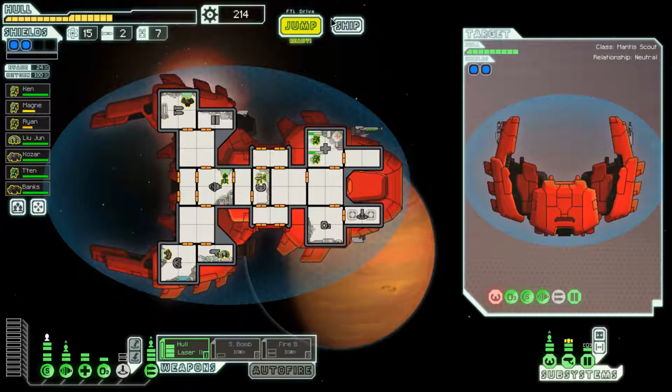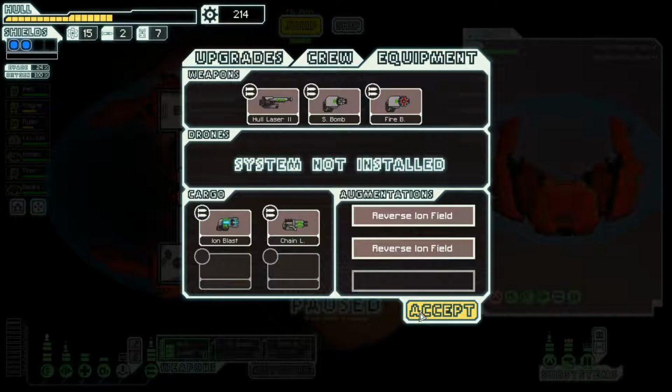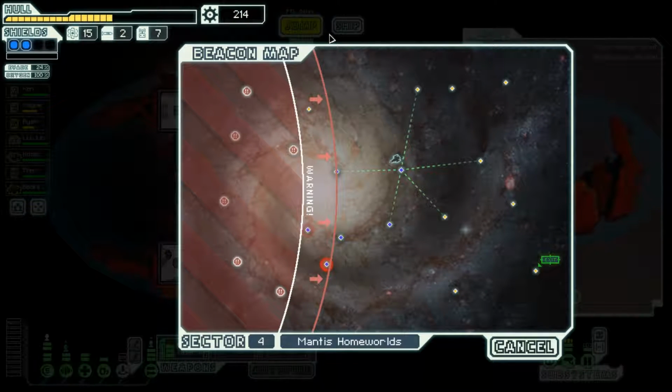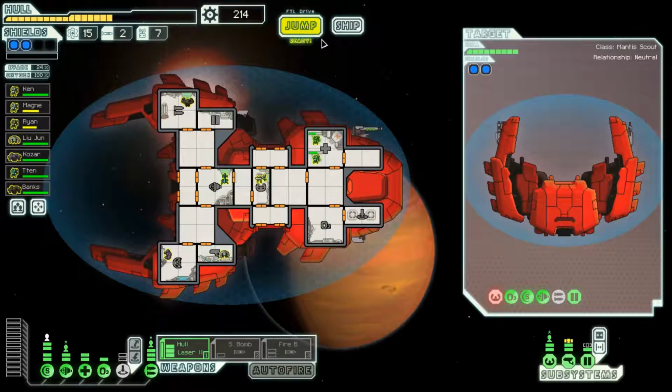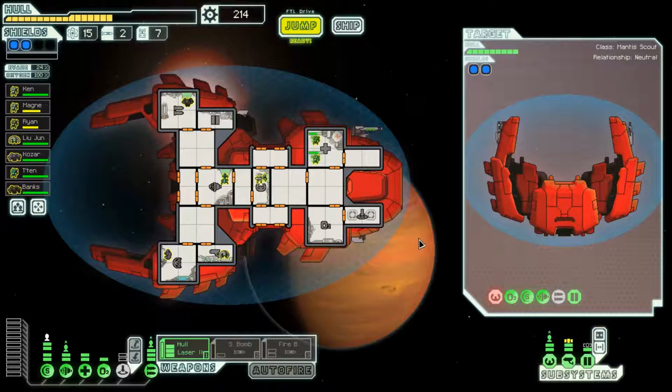Hull laser, not that good on its own. I could get the chain laser online at the same time, which I might want to do. We have a lot of scrap. There's no store. I'm hoping there's a store here, here, or here. That's basically what I'm betting on right now. I could go down and see if there's a store and then go up and then try to visit these beacons and then come back, but let's